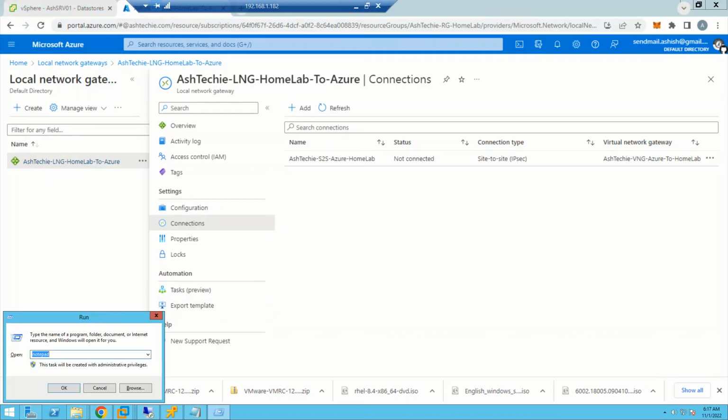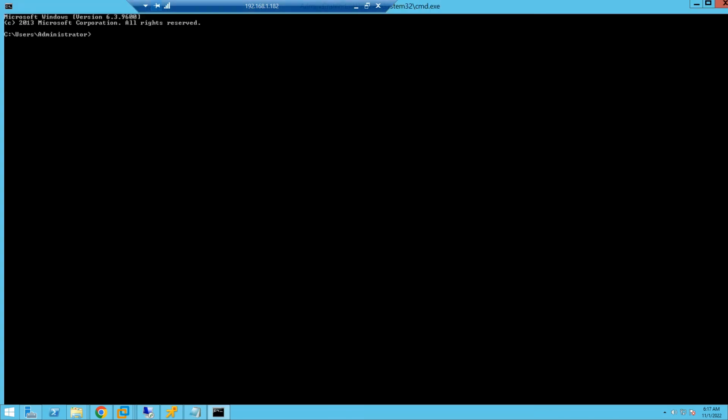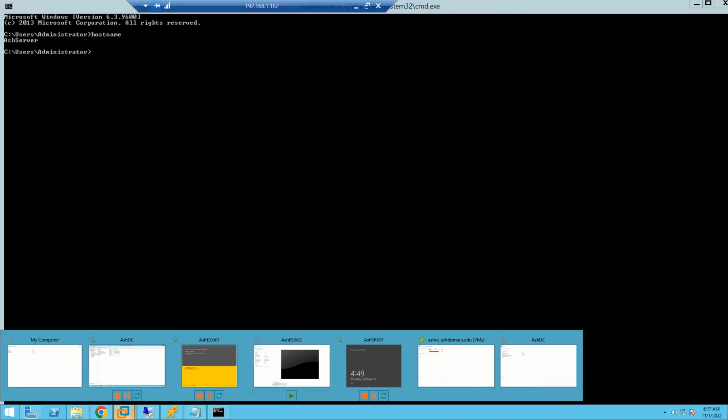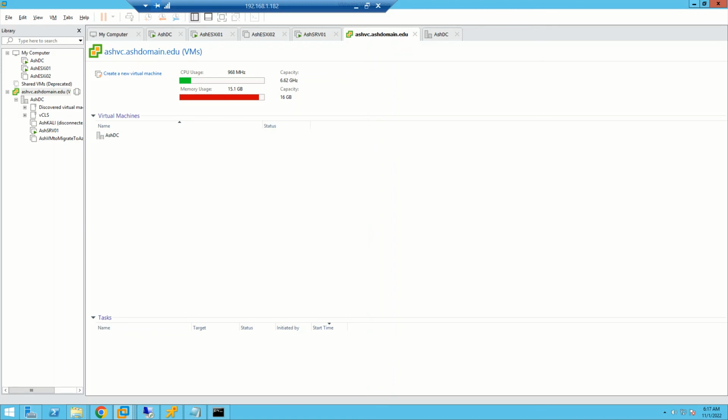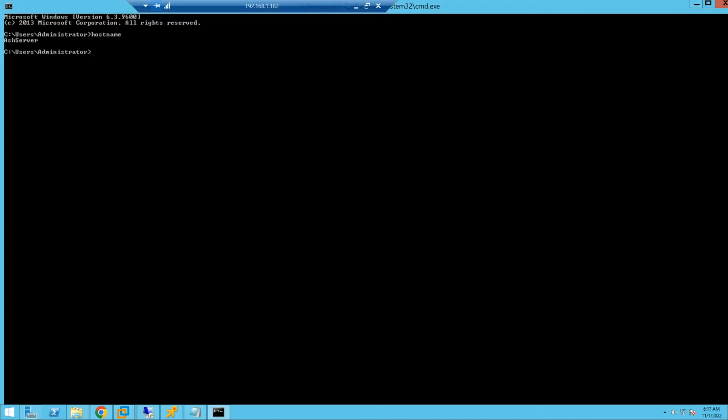And now, oh my god, you check the hostname of this. This is my Ash server, which is actually my home server, on which this virtualization is happening. Everything is happening, you can see ESXi, everything here. So even if I trace it from here,